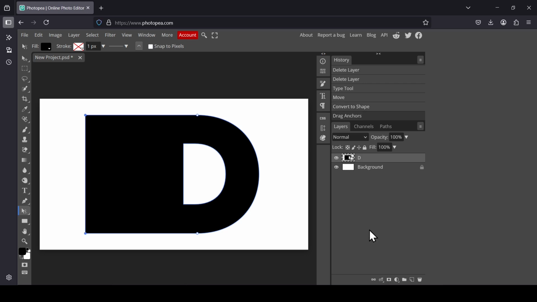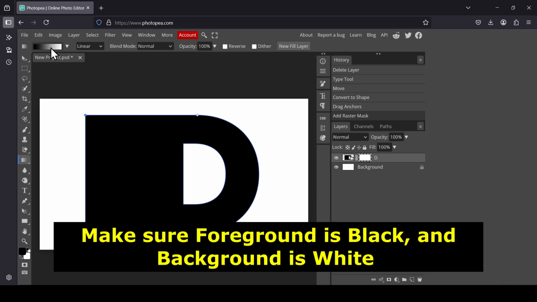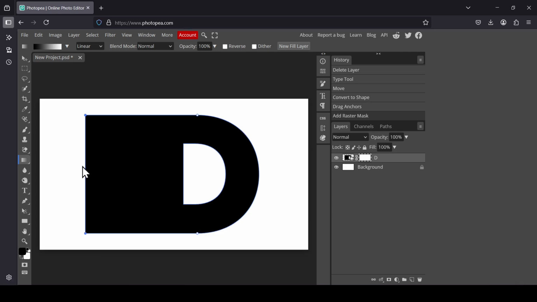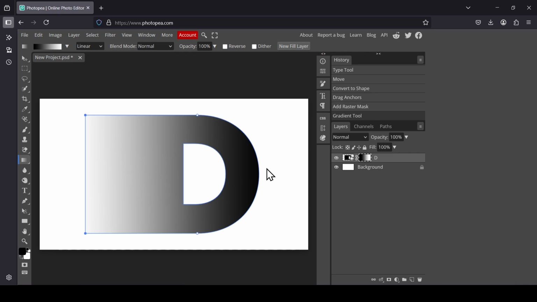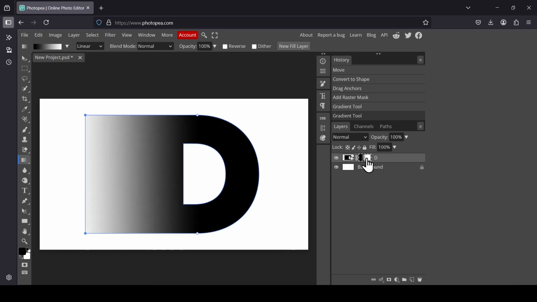And now I'm going to add the raster mask, so click on this icon, select the gradient tool. The gradient is foreground to background, the shape is linear, and now here I want this side here to be black and this side to be white. So I'm just going to trace my gradient. So now make sure you're selecting the raster mask, go to filter,